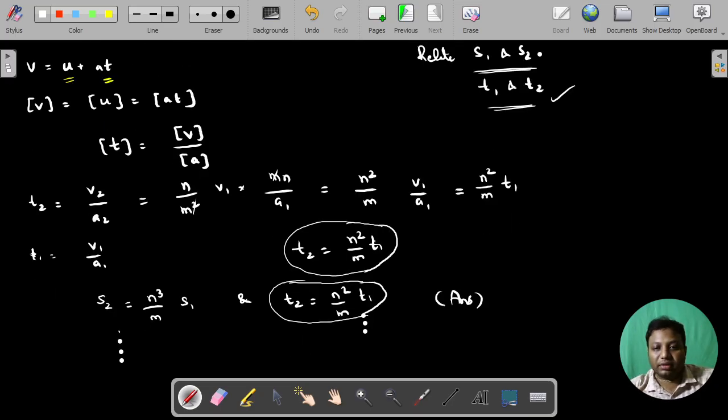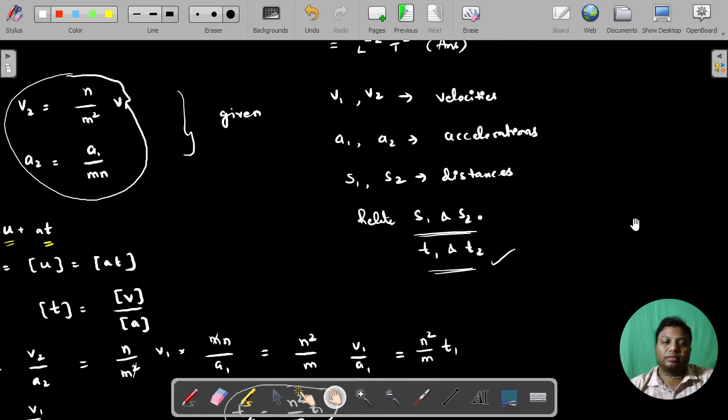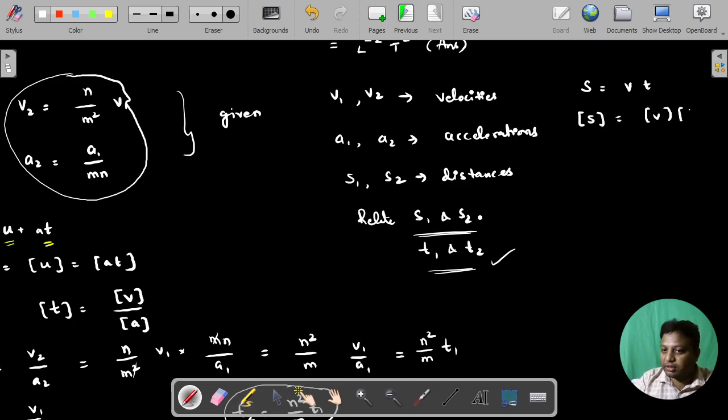See, distance. So distance can be written as velocity into time. Displacement can be written as velocity into time. Distance and displacement have same dimensions. So while doing these calculations, we can write like this also: distance equal to velocity into time. Since we are dealing only with units here,